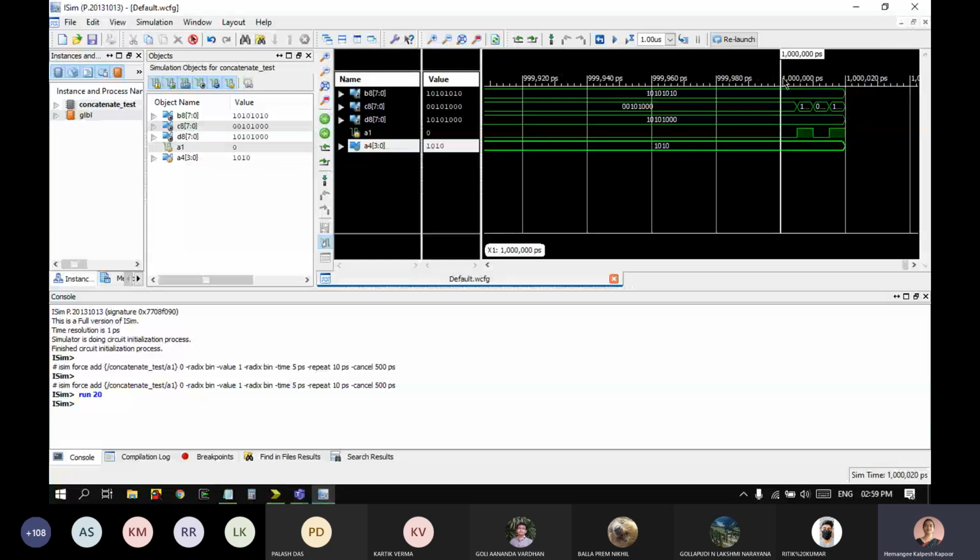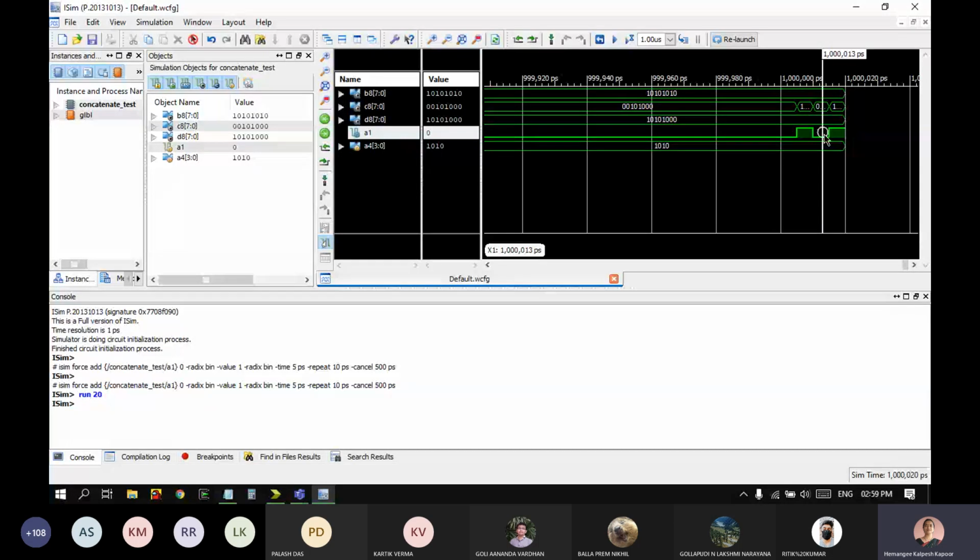Here, if you can see this one, A, the value of A, I said it is a clock which is high for 5. See, it is 5 nanoseconds, and then this is 5. Okay, so it will continue like this, and accordingly the outputs will also change. These are the outputs. See, these outputs will also keep changing because my A is acting as a clock.